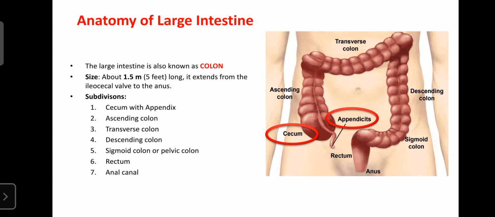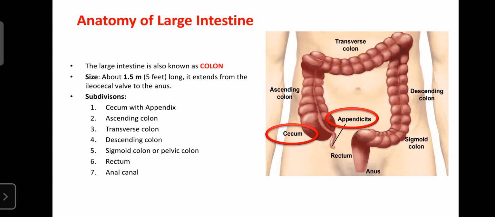Then it turns into one disorder, known as appendicitis. Appendicitis is nothing but inflammation of the appendix. So that's why you should take plenty of water and always concentrate on avoiding constipation, then you are healthy. Otherwise you suffer inflammation in the large intestine or appendix.